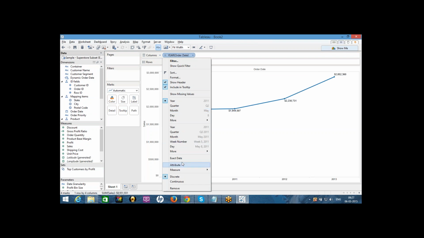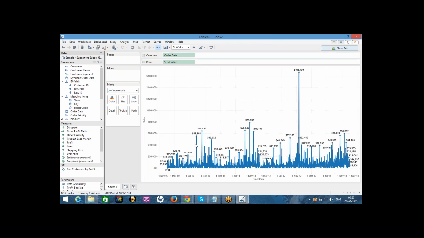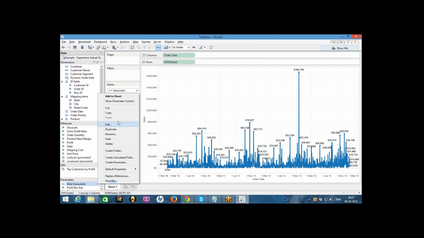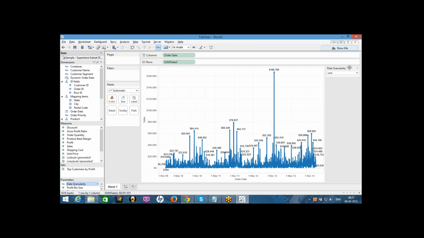Save it. So now take order date and sales, and you can exit it. Take the granularity, click on date granularity in the parameters panel, and click on show parameter control. Drag and drop it under the marks.